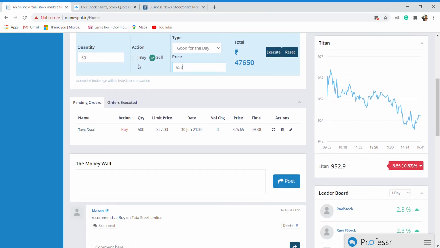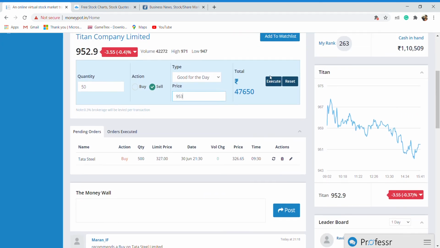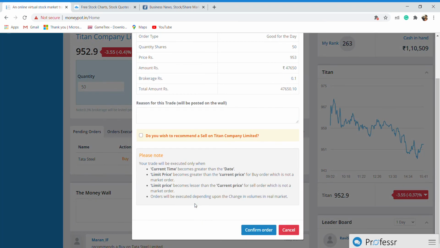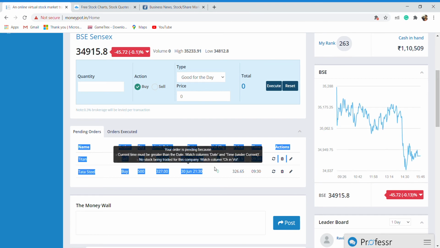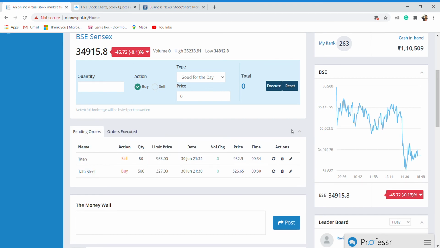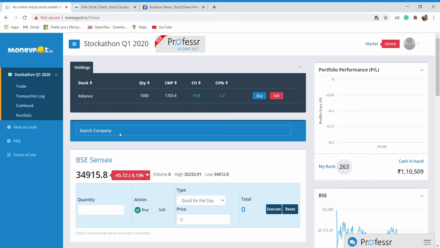You need to change here to sell if you want to short the stock. Now you can see your order is reflected in the pending orders. After your order gets executed, it will go into the orders executed.